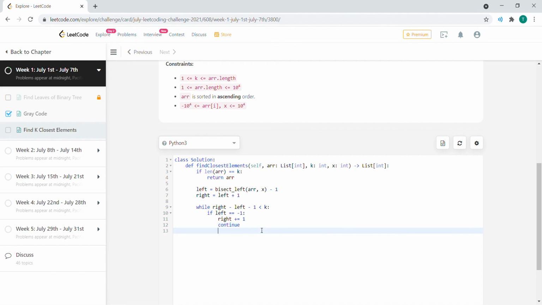So what we're doing here is that while the window size is less than k, we're gonna move our right pointer, being careful not to go out of the bounds. So we have one side going on, and then we want to expand the window towards the side with the closest amount of numbers. So how do we do that? And also remember to stay within our bounds. So if the right is equal to the length of the array, or the absolute value of the array of the left side is -x, is less than or equal to the absolute value of the array from the right side